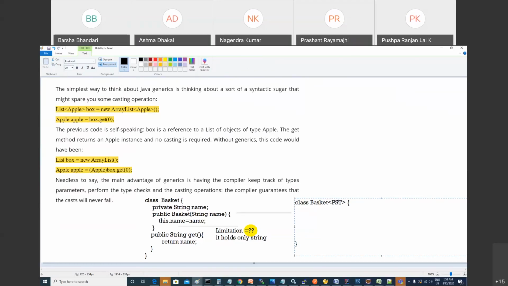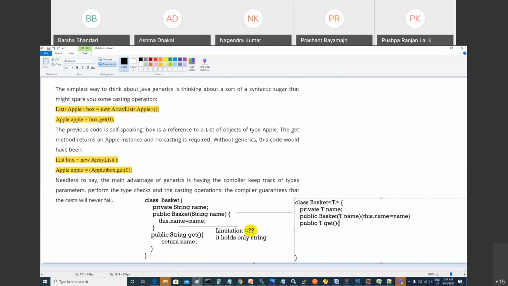But by convention, we use only one letter. And what can I do? Everywhere you can use T. Public class Basket. Are you confused or following me? Following. this.name plus name like this, and here we can use public T get.